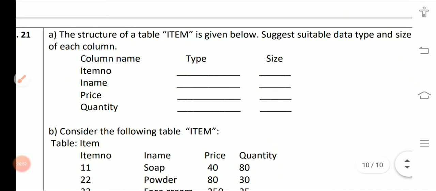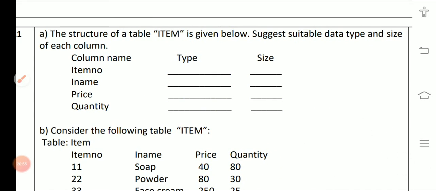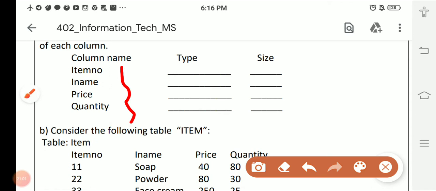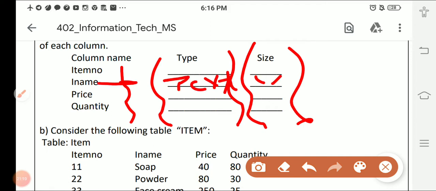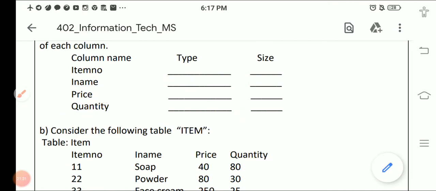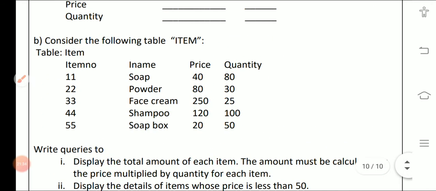Next is, the structure of the item table is given below, such as the data type and the size of each column. Children, here you will check, few column names are given. You have to set the data type and their size. So here item name कैसा होगा? Text type, text limit is 255 character. Price कैसा होगा? Number type, and if we are using this in DBMS you have to write, so वहाँ पे क्या हो जाएगा? नंबर की जगह data type integer. And if we are using quantity integer type, price integer type, name varchar type, and item number is also varchar type.